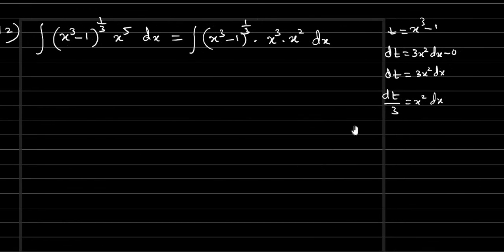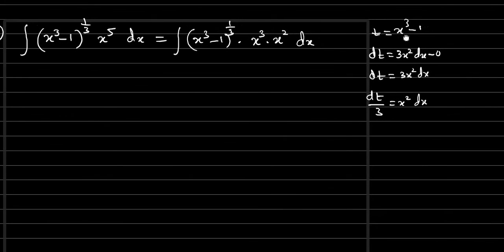So from the given condition, that condition that we considered, in this minus 1 we'll send it to the other side. If we send it to the other side, t plus 1 equals x cube. So in place of x cube, t plus 1; in place of x square dx, dt by 3; x cube minus 1 as t. So throughout this function we are changing in terms of t, right? None of the part is left as x itself.